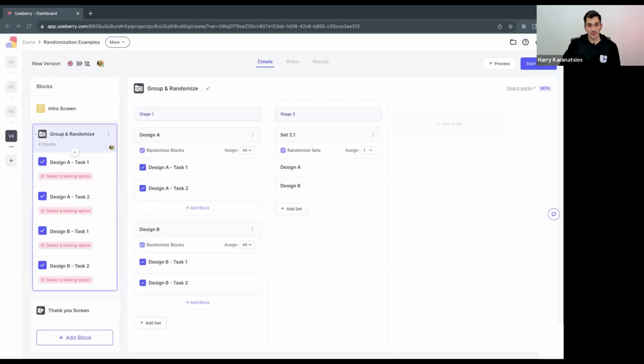So there is another question. Will there be anything depending on translation? So will my users see that it was created in English? Useberry offers language localization. It doesn't matter if you use randomization or not. When you are creating a study,